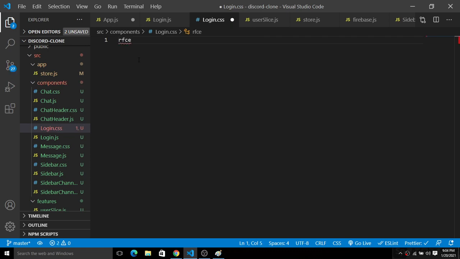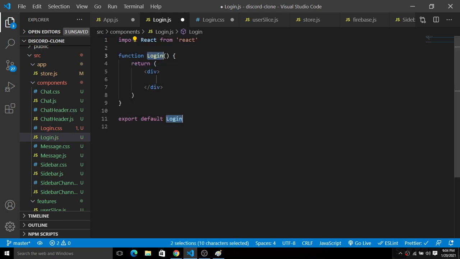RFCE will generate a functional component here. Obey the naming convention. Give a className here, className of login, just like this. Fine. And here, this is login for testing purposes.